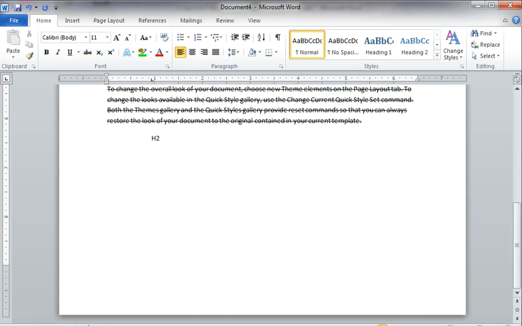By using subscript, the text will appear below the baseline. If we want to subscript this 2, select the 2 and click on this command.